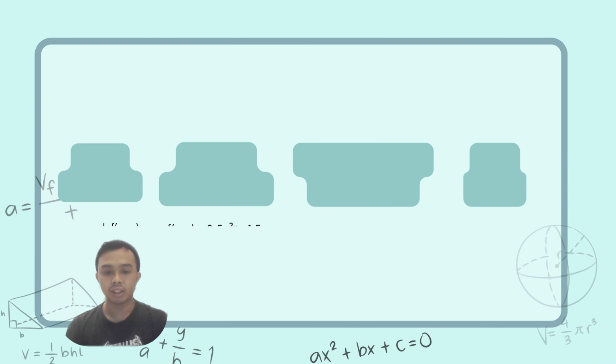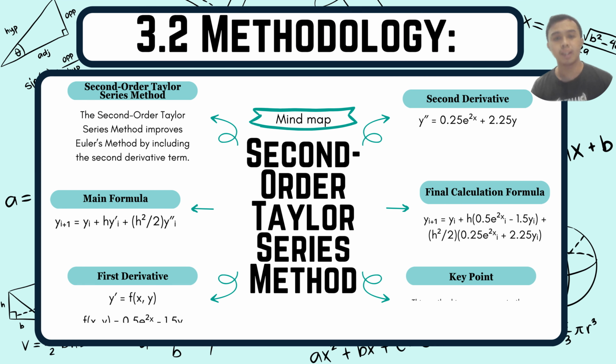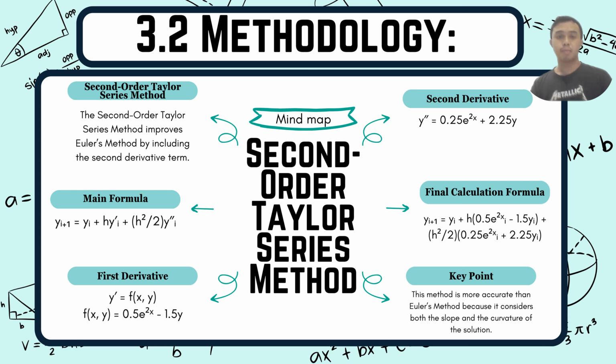of each interval. For the second slide, I will explain the second order Taylor series method. This method improves Euler method by including the second derivative terms. This means the method considers not only the slope but also the curvature of the solution. The main formula is y_{i+1} = y_i + h y'_i + h²/2 times y''_i. For the given ODE, the first derivative is y' equal f(x, y),